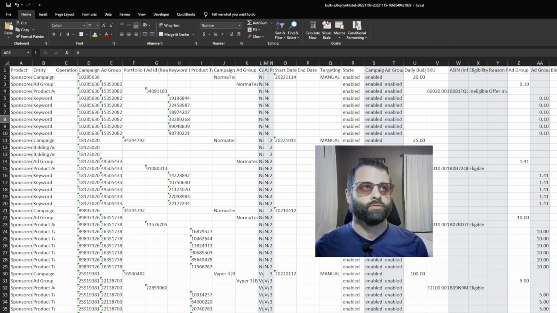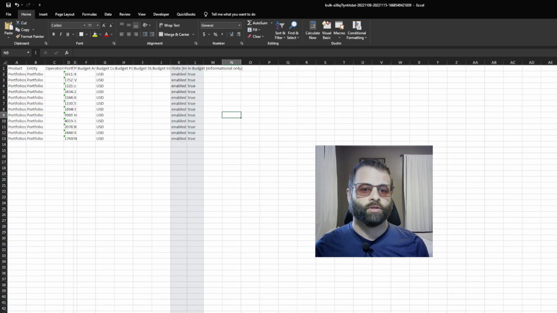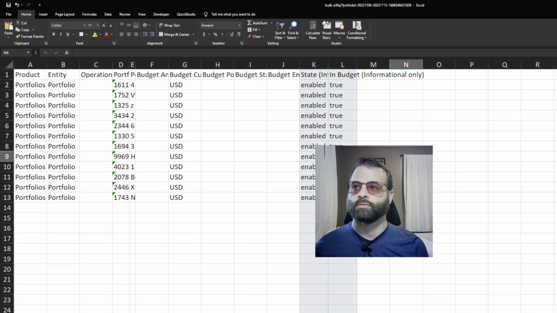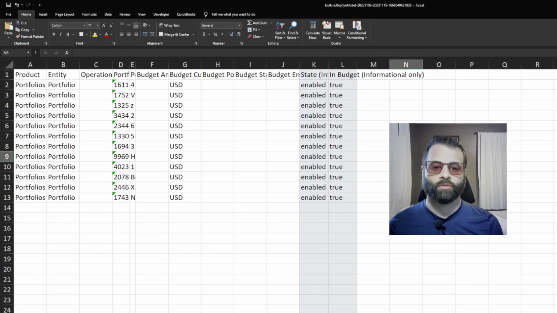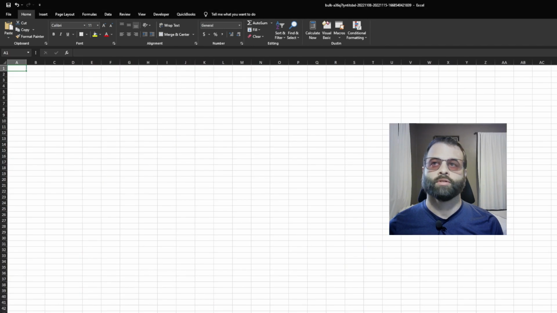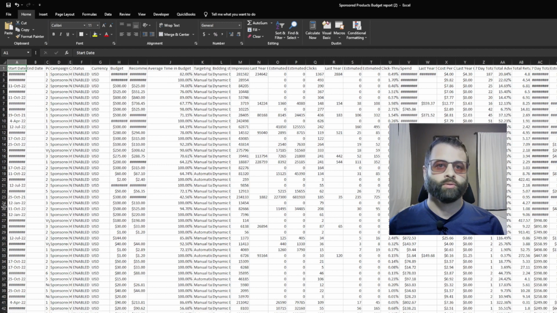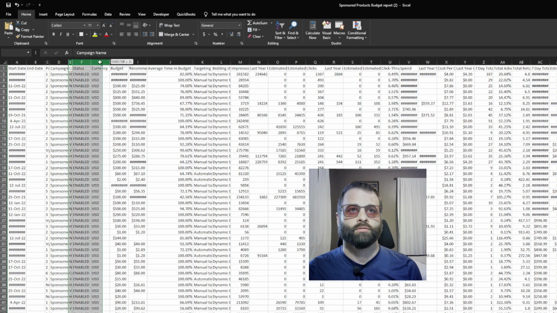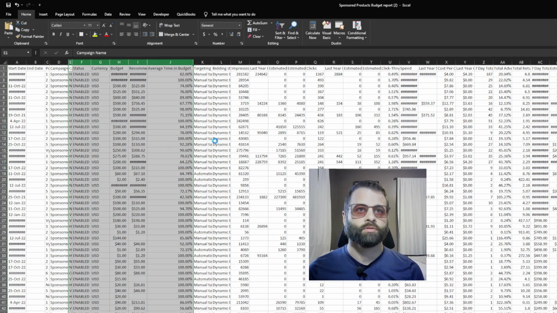And the first thing you're going to do here with the bulk ops report is go into the portfolios. Grow this a little bit for you. Delete the portfolios tab, and then create a new tab. And then we can go to the budgeting report, and you'll want to copy campaign name, which is column, at the time of this recording, it's column E, all the way to average time and budget. So those 6 columns,